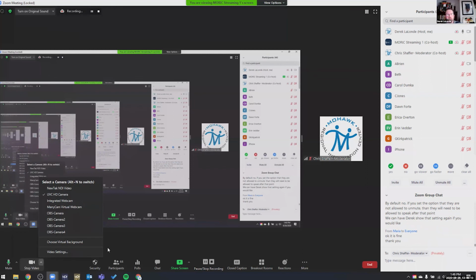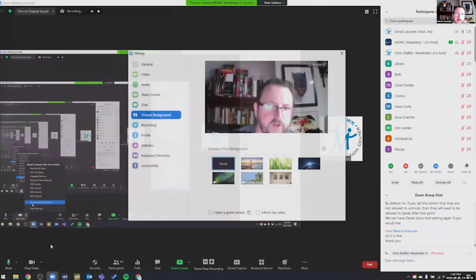The other piece that I talked about earlier is in this video area. This is where we can choose our virtual background. So if I want to put that green screen thing behind me, if I hit that menu and I go to choose virtual background,